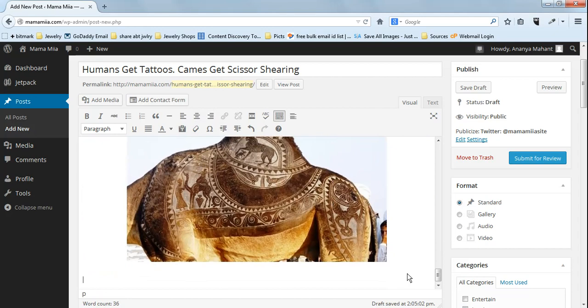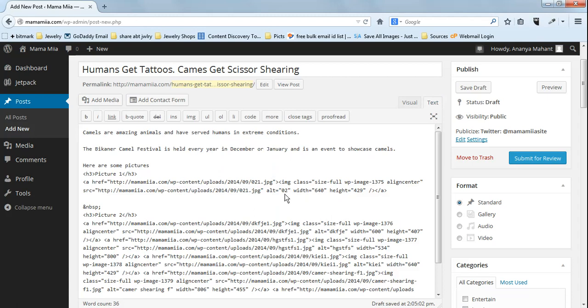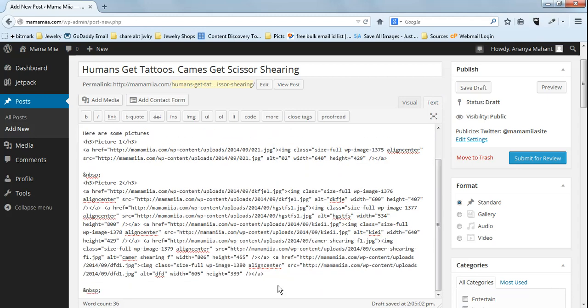What I want to do now is show you how to insert a YouTube video into the post. So if you notice here, there are 2 tabs. We have been working in the visual tab so far. To insert a video, we'll go into the text tab. Text is nothing but whatever we've done in the visual tab, written in an HTML style. You don't need to know any HTML, don't worry about that.